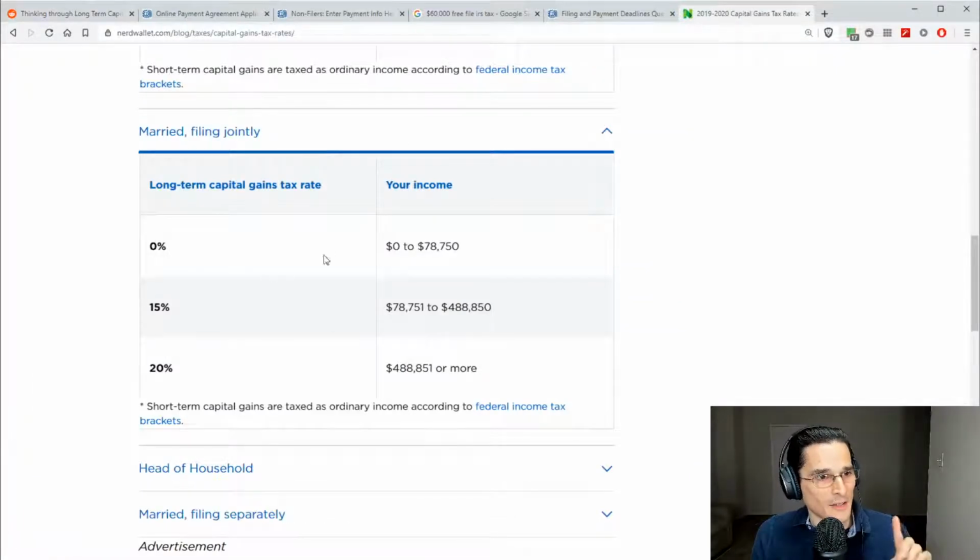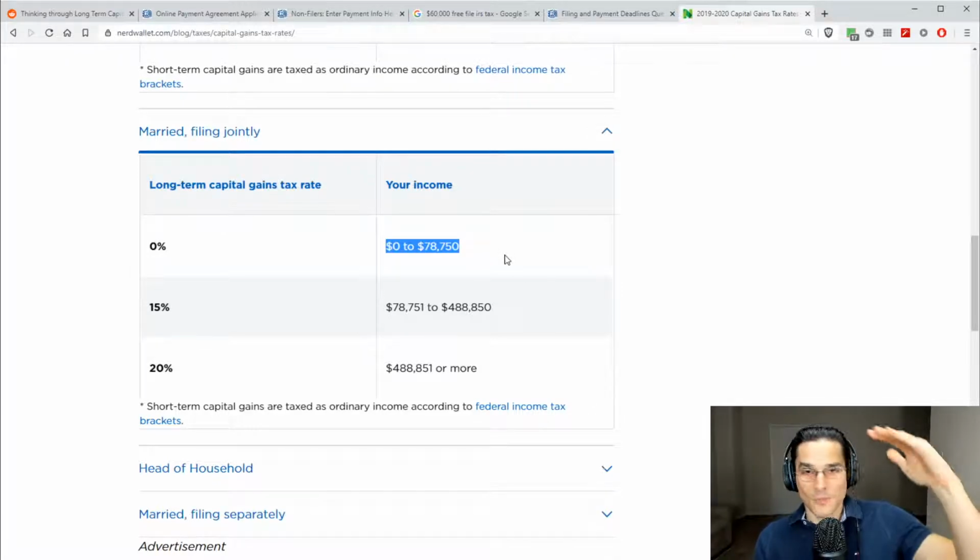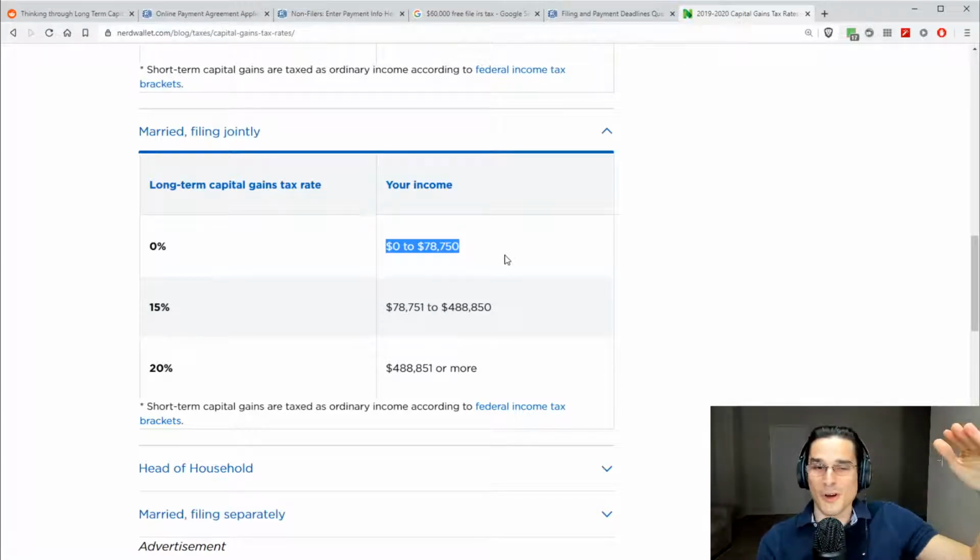So when people say that, they're referring to the fact that this long-term capital gains rate is 0, and it's based on your income, taxable income technically, and it's 0 to $78,750. So people round that off to $80,000. That's what they're talking about. And this is the common layout that's seen by taxpayers, and they're kind of confused as to how this all plays out once you put all the numbers together. Do you include the capital gains in this income amount? Do you not? And is part of those capital gains taxed at one rate, part of those capital gains taxed at another? Let's find out.